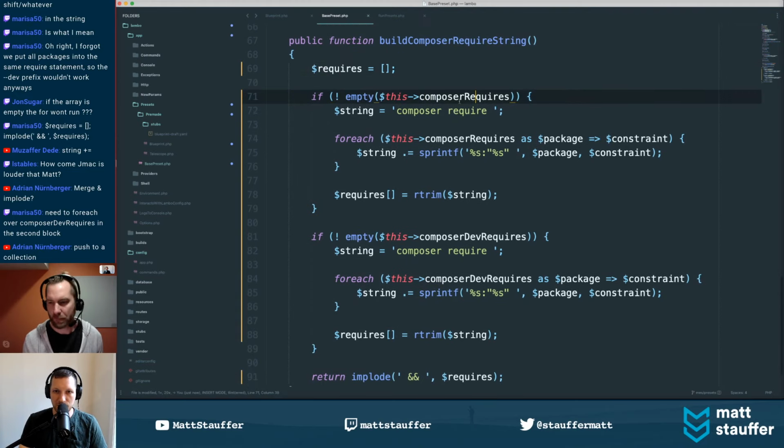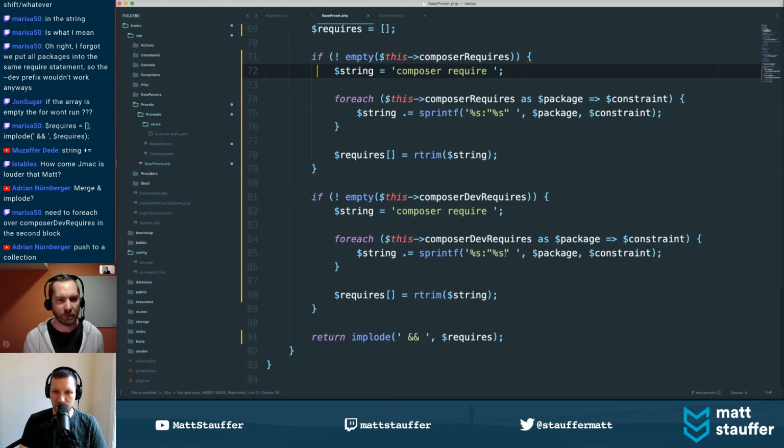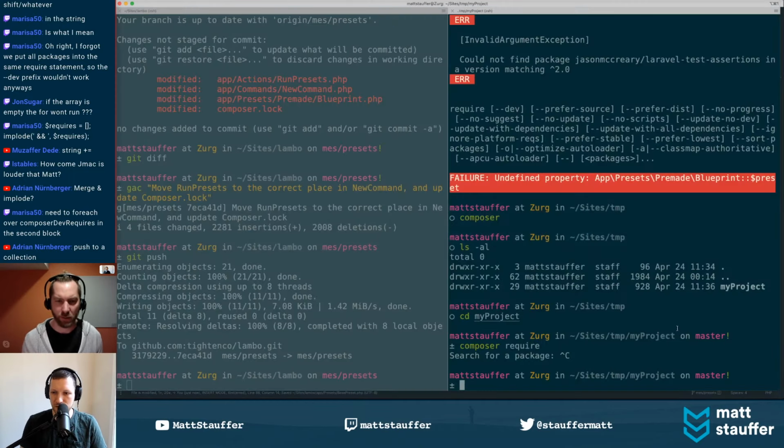If it's not empty composer requires, then build the composer require, and then for each of those, add on to the string with the require string. And so in here, this is where we need to do dev. Now, how do you do require dev when you have multiple things? Do you just throw a dev at the end? I think just --dev after require should cover it, because then everything in that chain is considered a dev requirement. Okay, let's test that real quick just to make sure. That would be my expectation. Yeah, me too. Composer require --dev, and then we're going to throw in